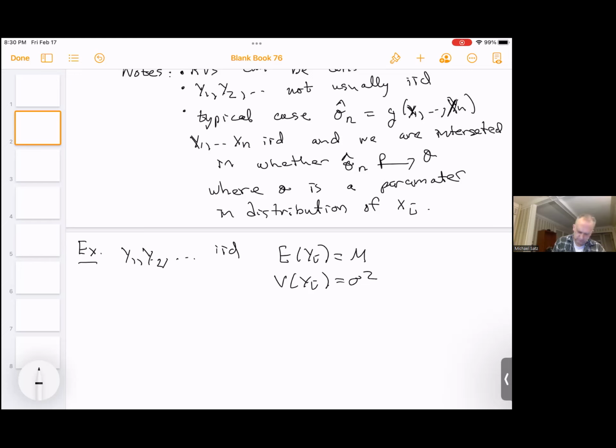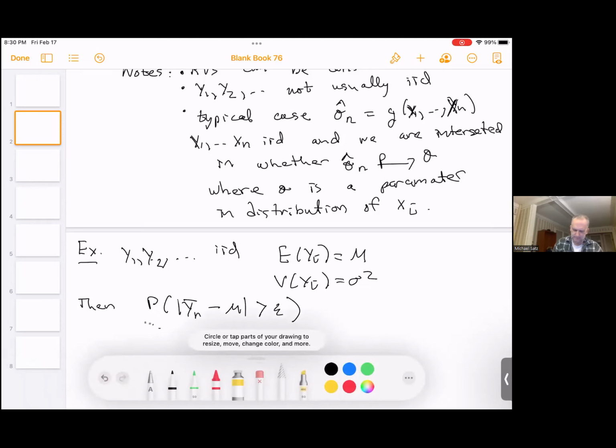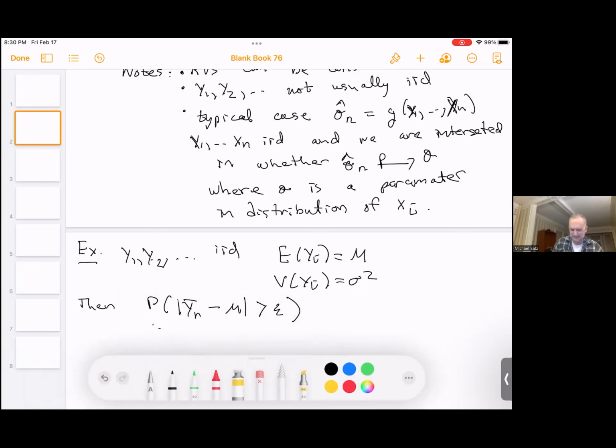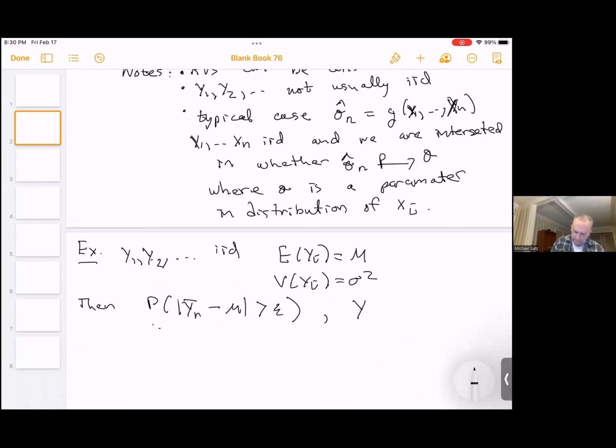Then if we want the probability that Y bar n minus mu is greater than epsilon, I want to show maybe that this goes to 0 as n goes to infinity, right? That's what I want to show. So we are using this to mean this. We won't keep writing this, but